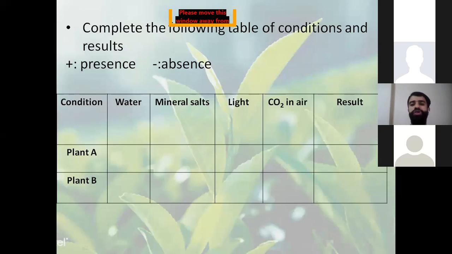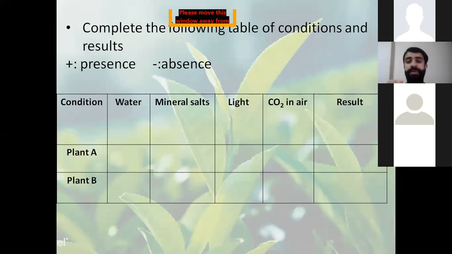First, they want you to copy and complete the following table of conditions. Whenever you have a similar question, this question should be copied on your answer sheet. You can't fill the table on the worksheet itself. You have to draw the table and then fill it. Simple. You have four different conditions. The first condition is the water. The second condition is the mineral salts, and you have to know this. The third condition is the light, and the fourth